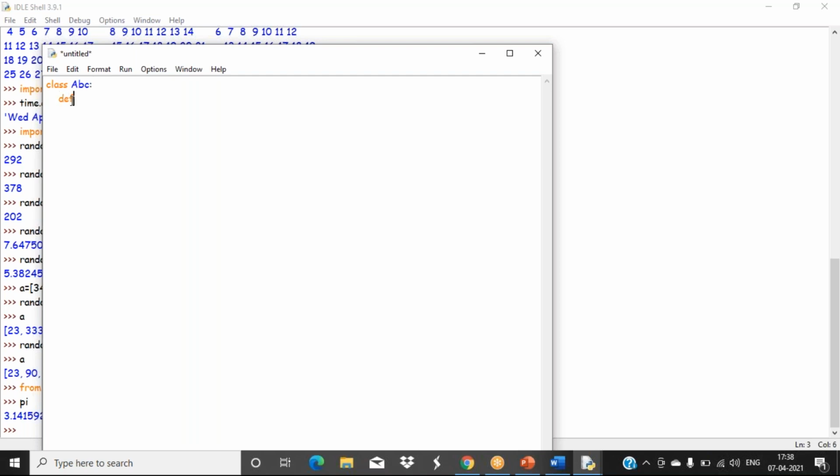A constructor we can create. It's a function. So def, yesterday I showed you how to create a function and all. We have the def keyword. In Python, the constructor name is like this: 2 underscores init, then again end with 2 underscore symbol. Function, so brackets. Here I have to use this name self, then only it will consider that as a member of the class ABC. This is the syntax. Just we can print a message. Hello. This is just a class creation.